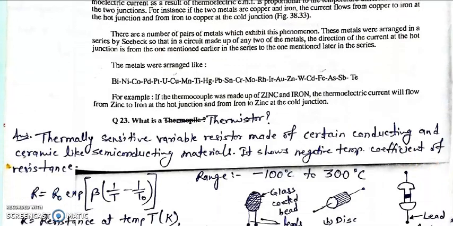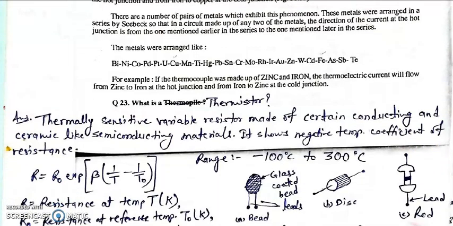What is the meaning of temperature coefficient? If it is positive temperature coefficient, it means if the temperature is rising, then there will be a positive change in resistance. And negative temperature coefficient means if the temperature rises, resistance decays. I think you have understood. So mostly semiconducting materials show this negative temperature coefficient of resistance.